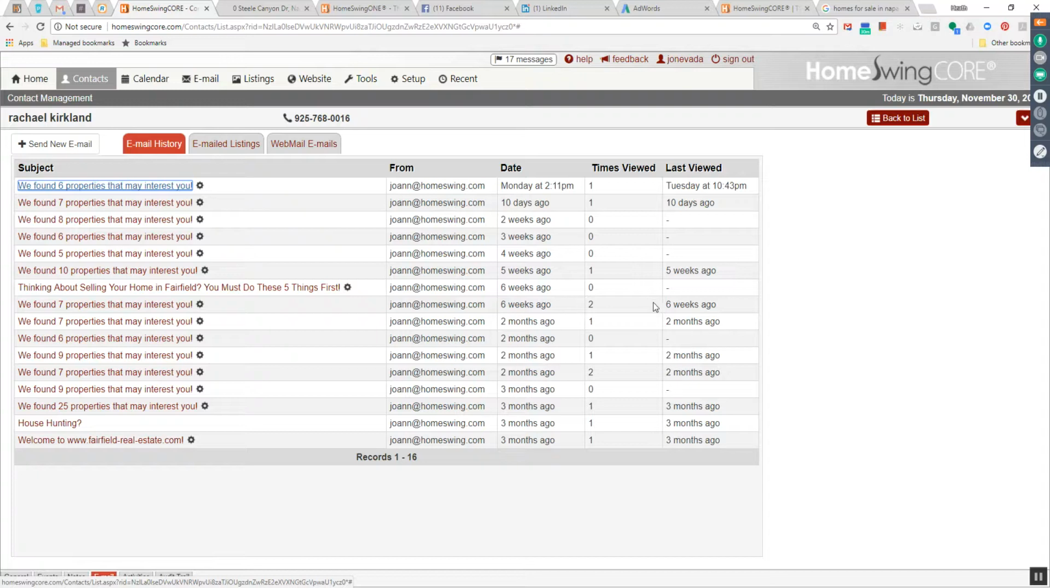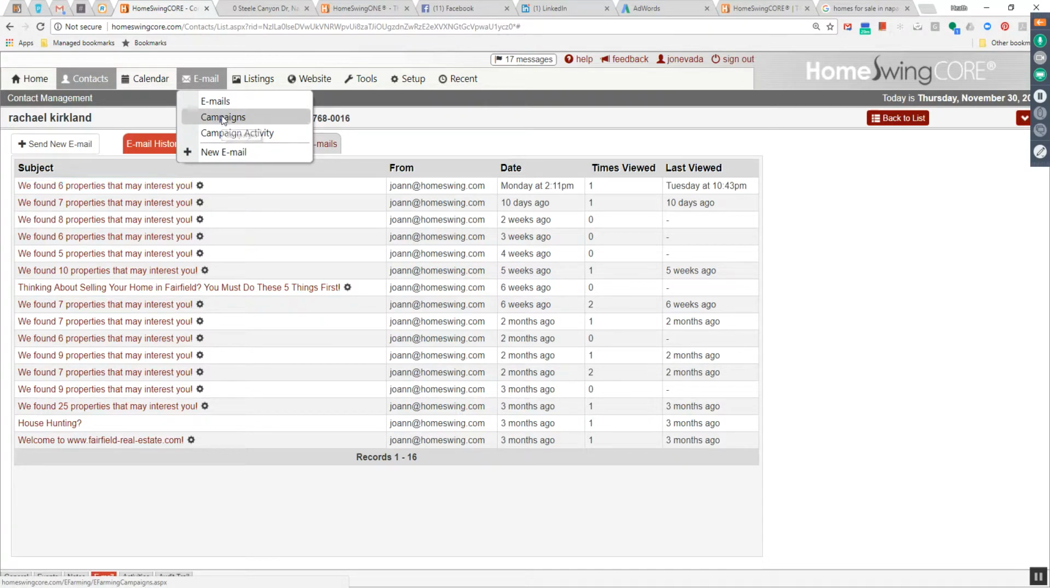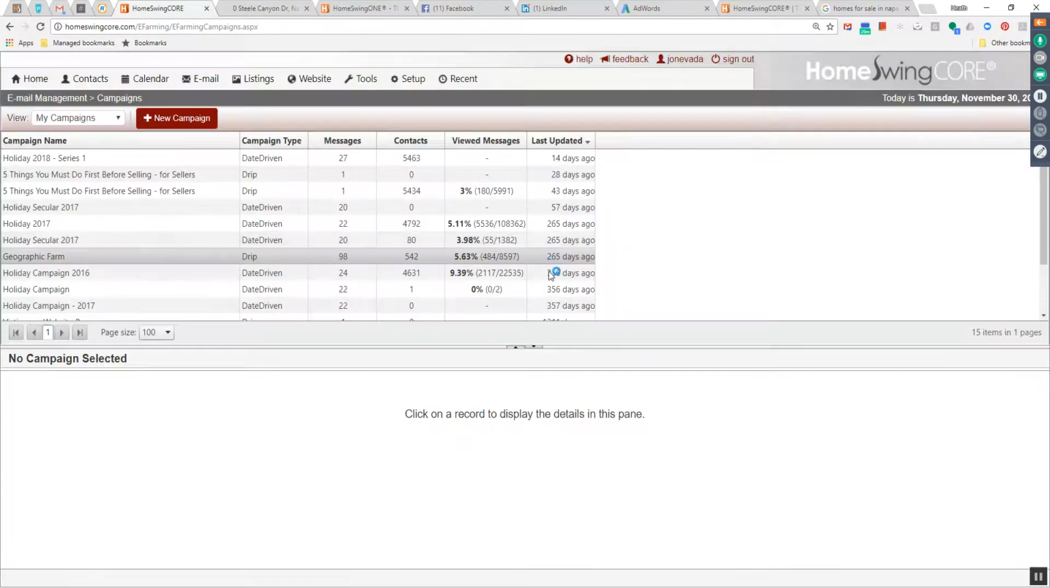So that's why I really wanted to key in on responsive website, lead capture, CRM, automated listing notifications. Now, another email marketing system that we have that I feel is another very effective way